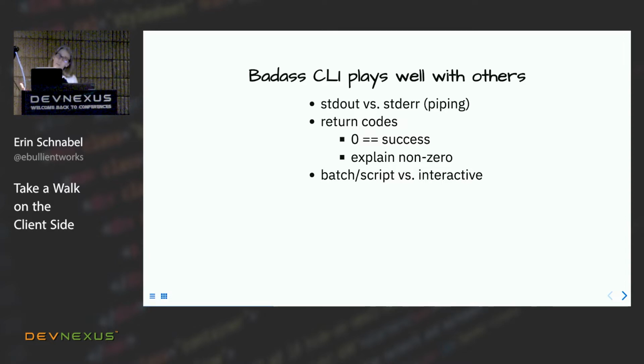And then the other thing you want to think about, and I'm actually not going to get into prompting today, but that is how and when you want to prompt for user input, when it should be interactive, when you want it to be just like a batch mode. Who uses Maven? Maven, sometimes if you're using Maven archetypes, it will prompt you for the missing information, but you can also just say, just do the thing, and if it's not there, fail, right? Because that's what you use in scripts. So that kind of interaction is something else you want to think about when you're making a badass CLI that people want to use, that they understand how to use,